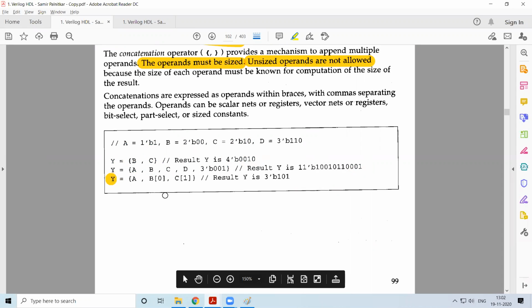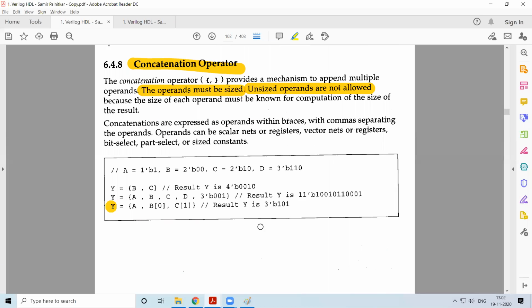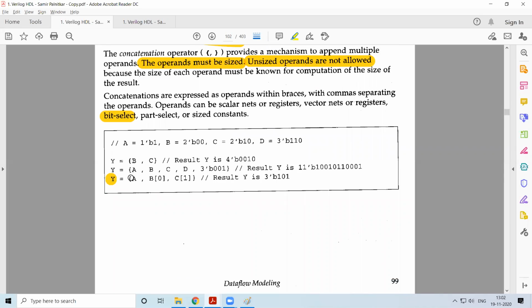So this is with respect to different sized operands which you are concatenating. Now I want to have, say, bit select, for example. Here we have an open brace and a closed brace with operands in between separated by commas. We are taking the operand A, then concatenating it with the 0th bit of B, then concatenating this with the bit at the first location. This is the bit at the 0th location of B, this is the bit at the first location of